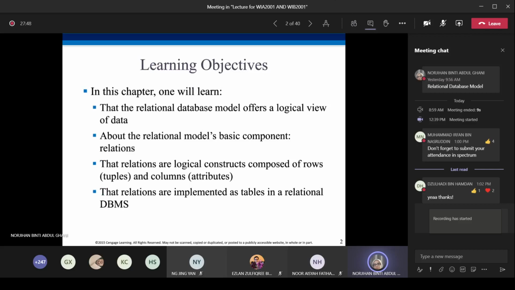So a relation has rows and columns, and then we develop these relations into a table using a DBMS. That's the relationship between relations and tables.